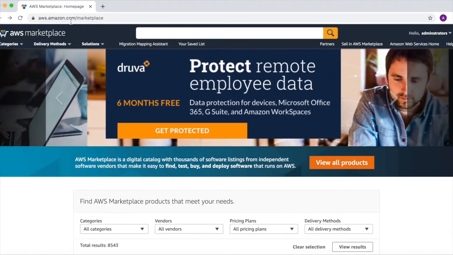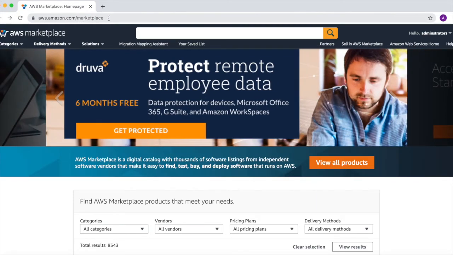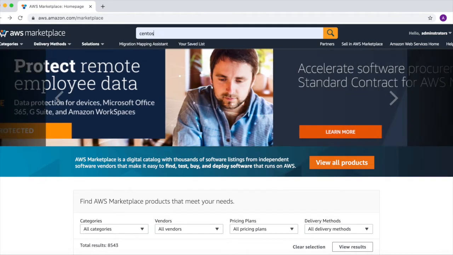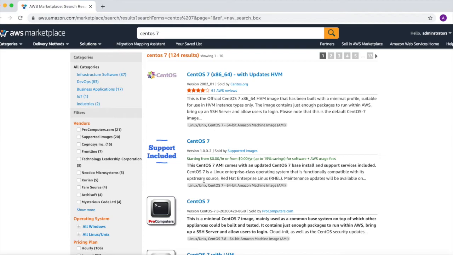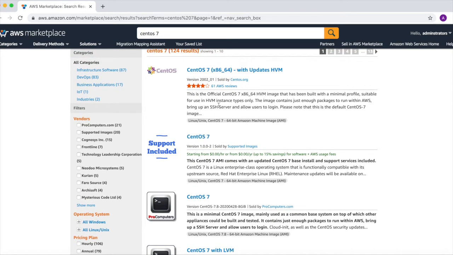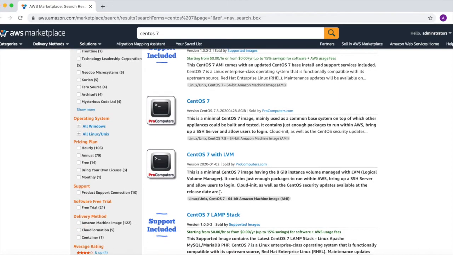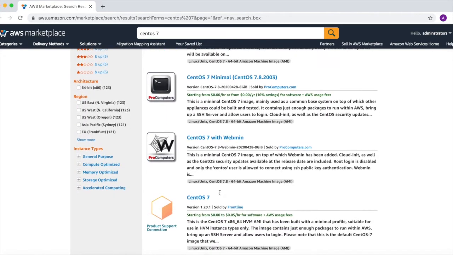So friends, this is the website where you have come, which talks about AWS Marketplace. Here you can just search, let's say CentOS. I just searched it, and within that, CentOS 7, let's say. You see it provides you different vendors, CentOS.org, or it could be anything. It could be by AWS also that you can see here.